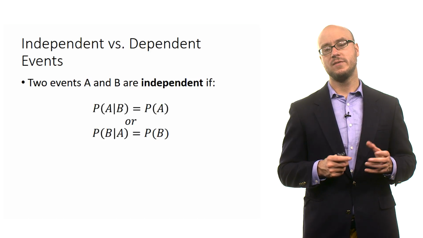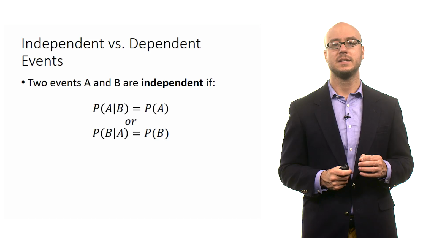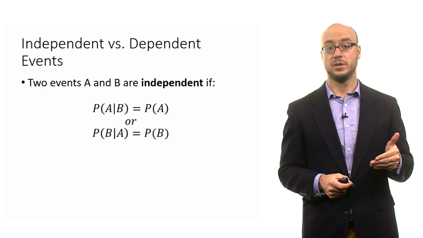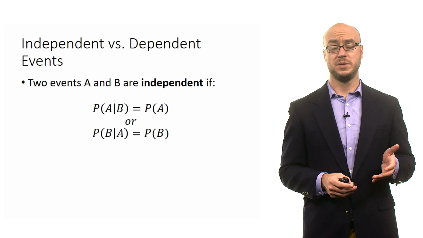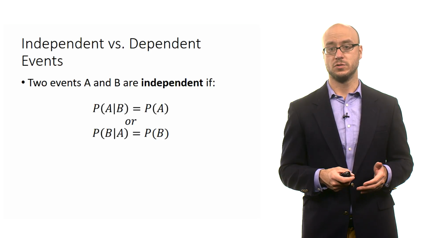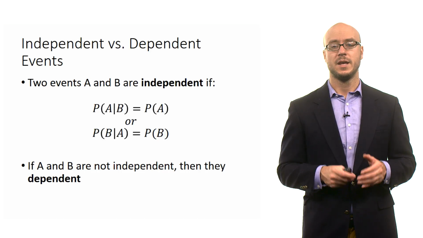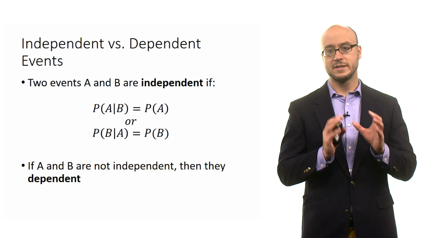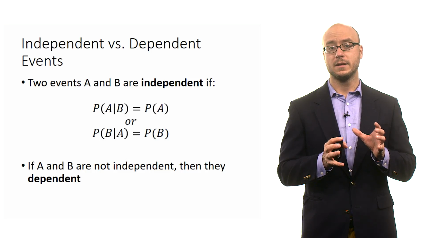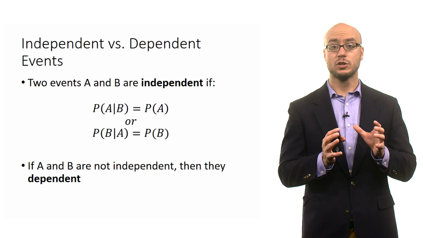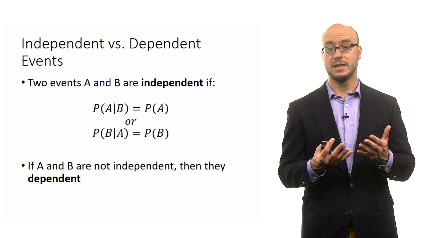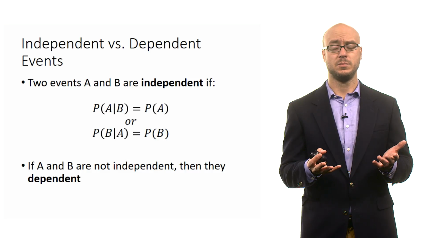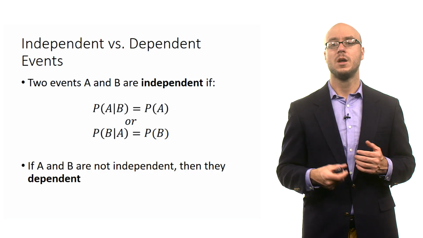We say that two events A and B are independent if the probability of A given B equals the unconditional probability of A, or if the probability of B given A equals the unconditional probability of B. If A and B are not independent, then we say they are dependent. So we can make conclusions about whether two events are related. If they're independent, they're not related. If the probability of A given B just equals the probability of A, you know there's no relationship